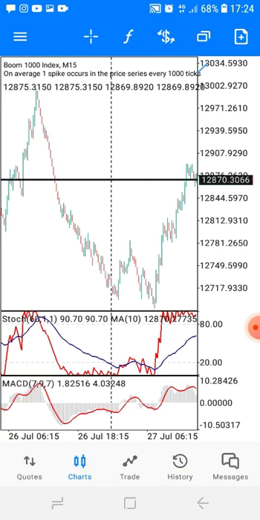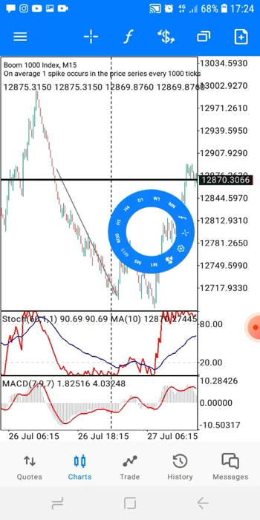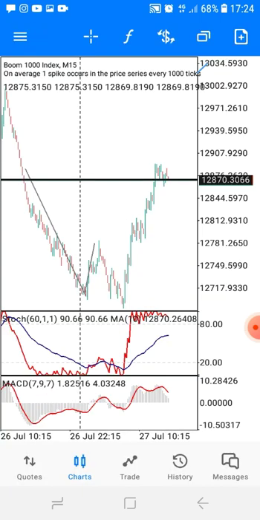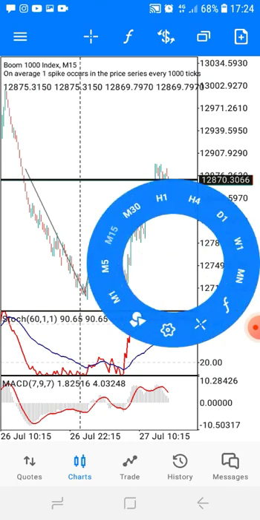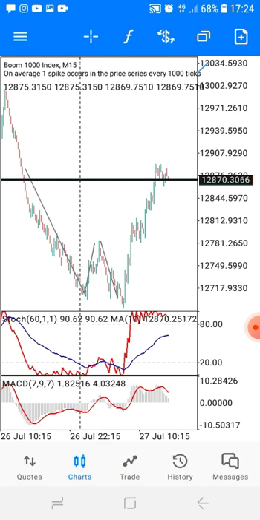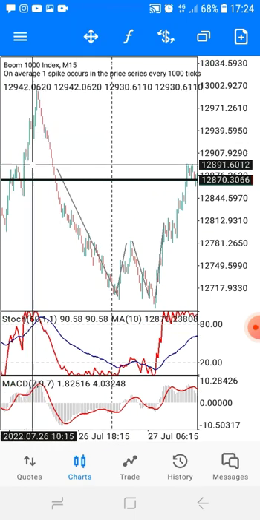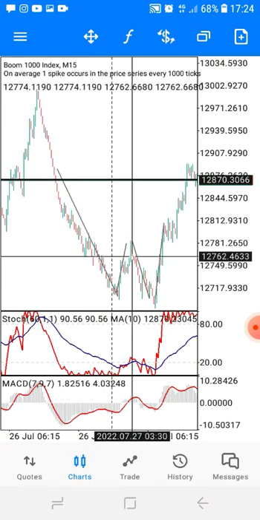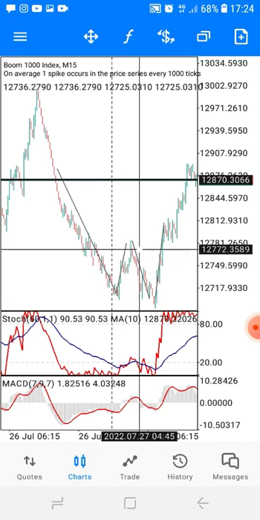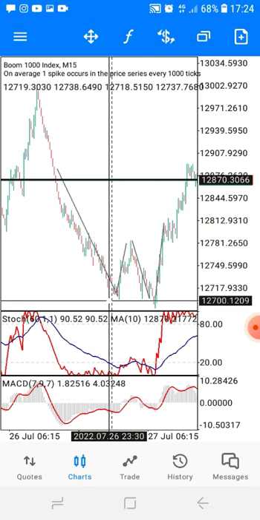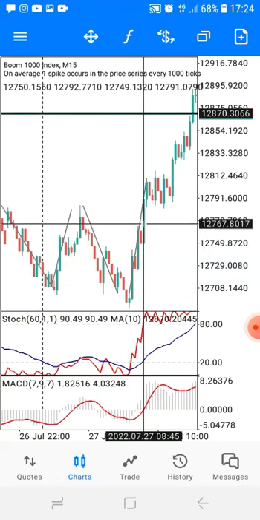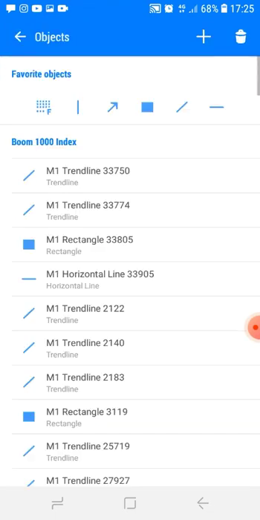Let's say you see the market came down and then it went up, came down again, gave us some sort of a W, but don't take that into consideration a lot. And then you see the market went up. The market was coming down so strong, and then right here it decided to retrace a little bit. After retracing, it came down again, and then it broke this low. What you want is, when the market comes up, you want the market to break this.